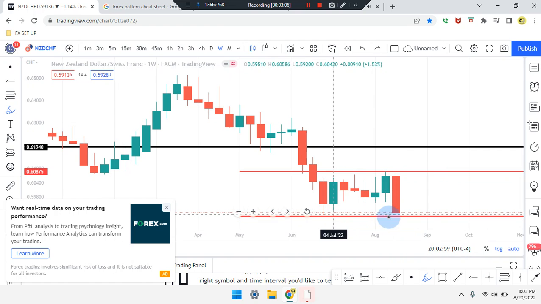Now if this area is respected and we work its way up, we're looking for a bullish green candle to engulf this full candle of price action, or maybe a candle that's going to identify the full turnaround from